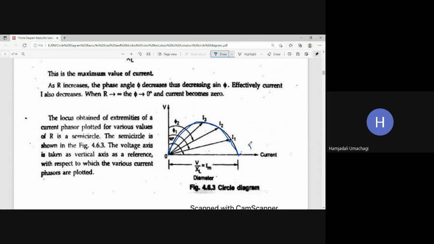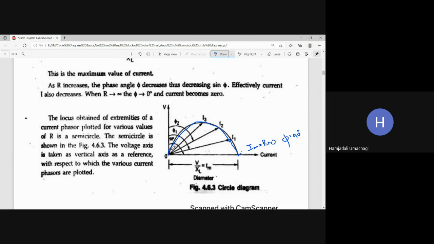At this point current is maximum, that is I is equal to I max, where resistance at this point is R is equal to 0. Here at this point R is equal to 0 and power factor angle phi will be equal to 90 degree. 90 degree means I is equal to V by XL into 1, meaning we are going to get maximum current here. So as you keep on increasing the resistance from this point to this point, from then to the next point,